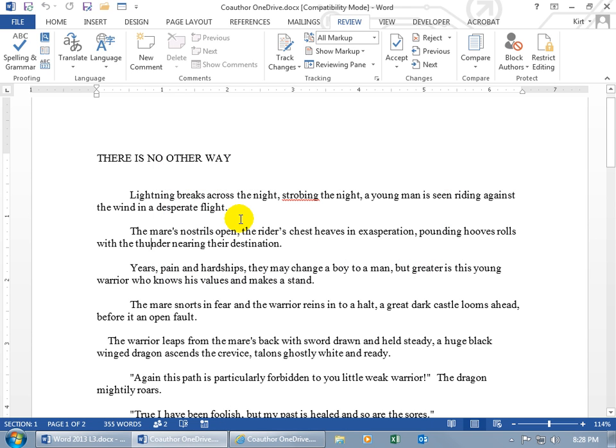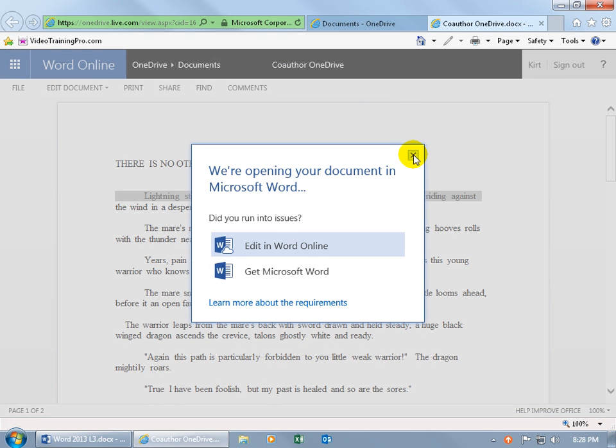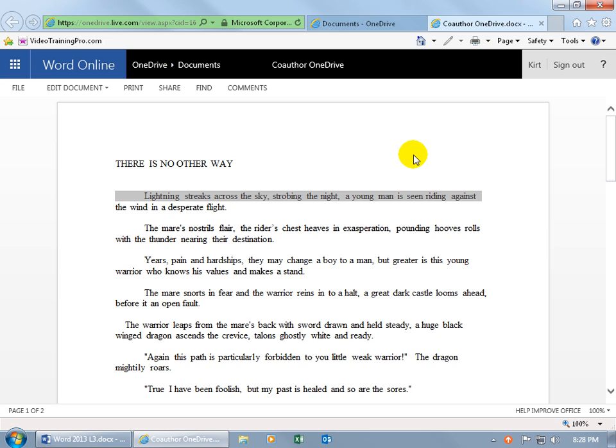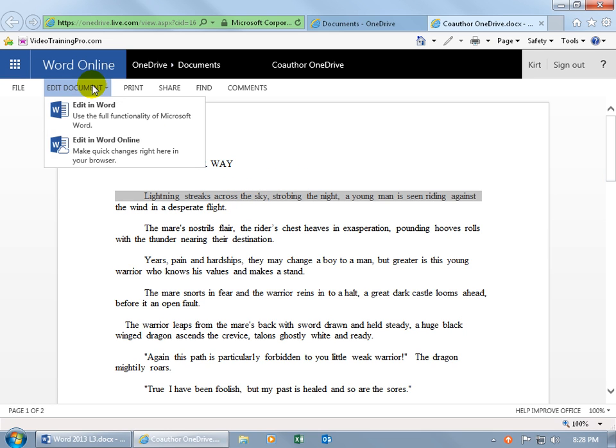We're now unblocked. Now once we're done, we can go ahead and close out of the document, and we can close out of here. And then the other option that I wanted to show you is that you can edit the document online. So you can make quick changes, but you don't get the features or the functionality that the actual program has when you're not working online. There's so much to do that to do all that, it would probably slow down the internet connection with the OneDrive. So if I click on this,